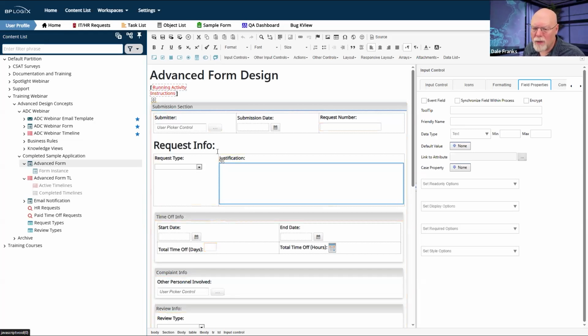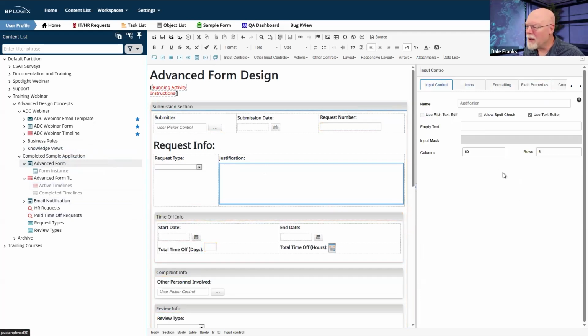Okay, I'm not sure why my justification field isn't showing up in this particular one. I don't have any weird options set on it, so I should just be able to see this is a regular input control. Oh, there we go.